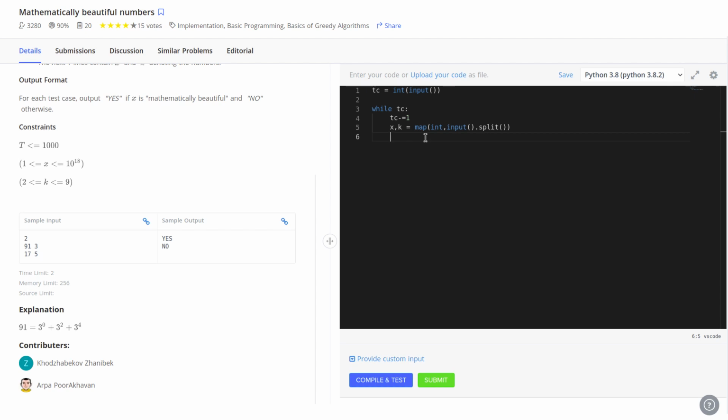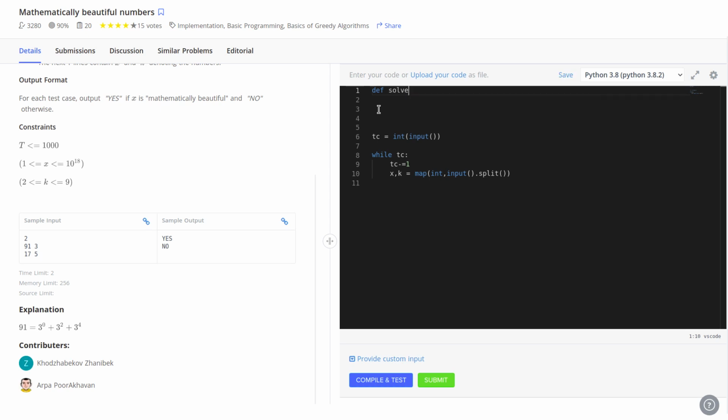Okay, now what can we do from here? As I told, we have to use recursion. Recursion means we should have some function. So we can use def, and you can use any name. Let me just type the name, like solve.